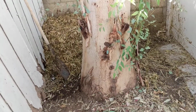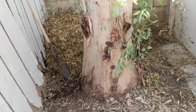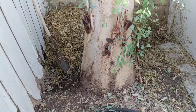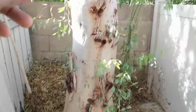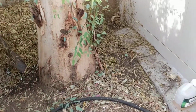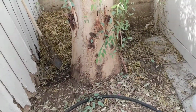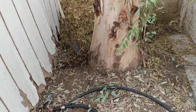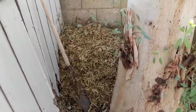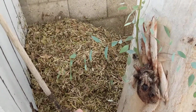21 days later to 30 days later, maybe even sooner, maybe even 14 days later, depending on what you're composting and your ambient temperatures outside, you're going to have compost, and it's going to be better than any bag compost you can buy at the store. And on top of that, it will be free, completely free. The only thing that I would add, though, is that this is an ideal compost because I'm only using one